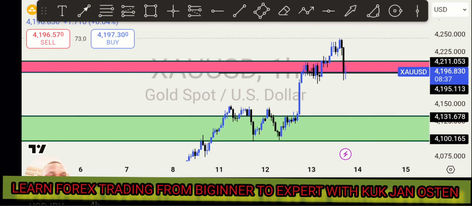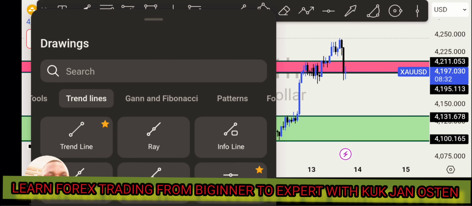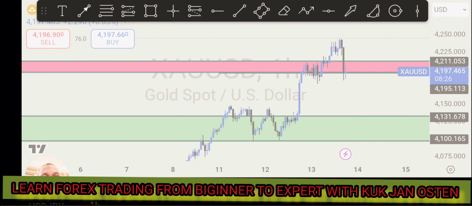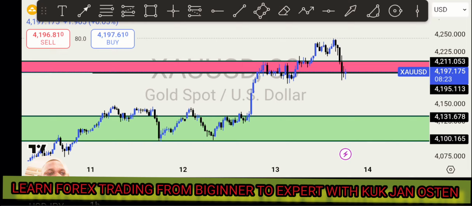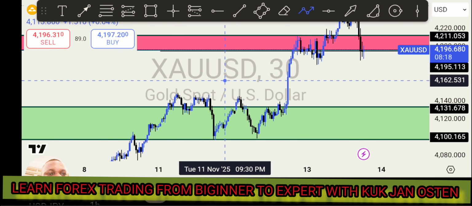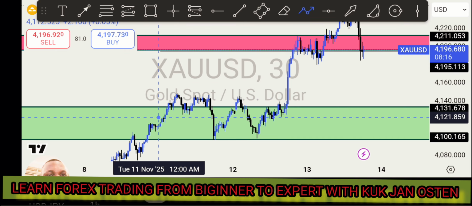Remember, this zone is still very big, but what are we going to see about this zone? Since the zone is still big, we go straight to the lowest time frame. My lowest time frame is the 30-minute time frame. So on the 30-minute time frame, after confirmation, we are going to see that price came